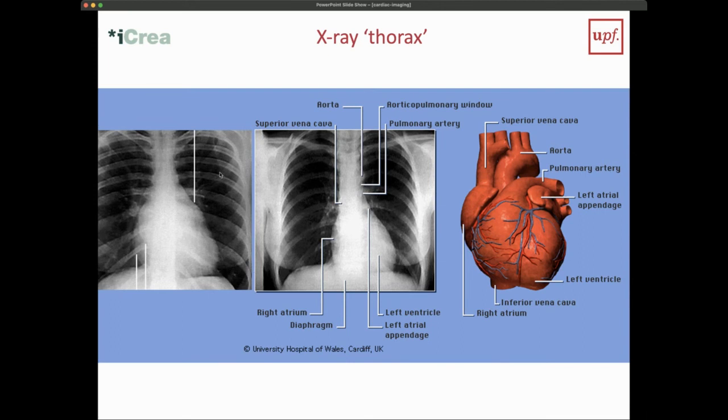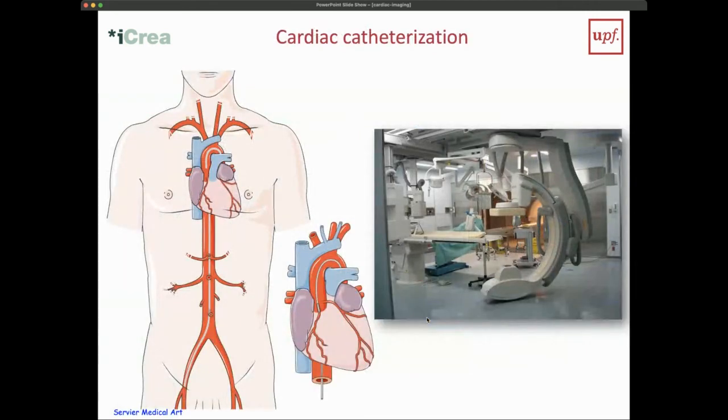And so you see the rib cage, of course, and you see the shadow of the heart. And when you know the anatomy, you can see that different parts of these shadows actually correspond to different parts of the heart. But what is much more important with projection X-ray imaging is that we actually use it for heart catheterization. And this is looking for the vasculature, and especially looking for the coronary vasculature,